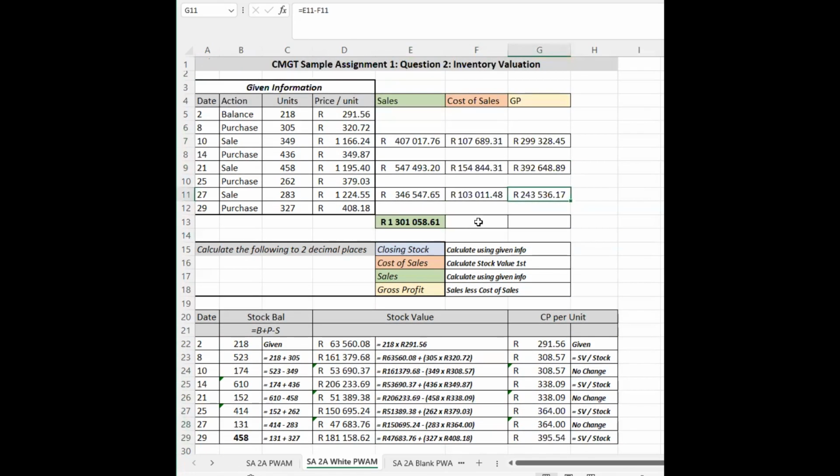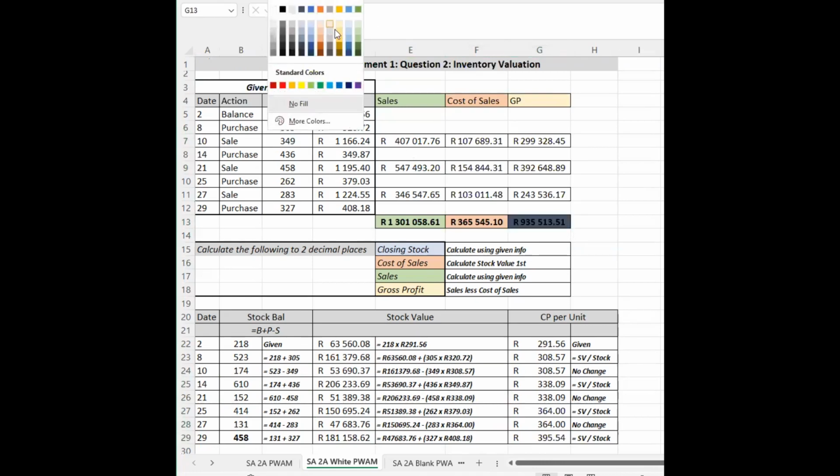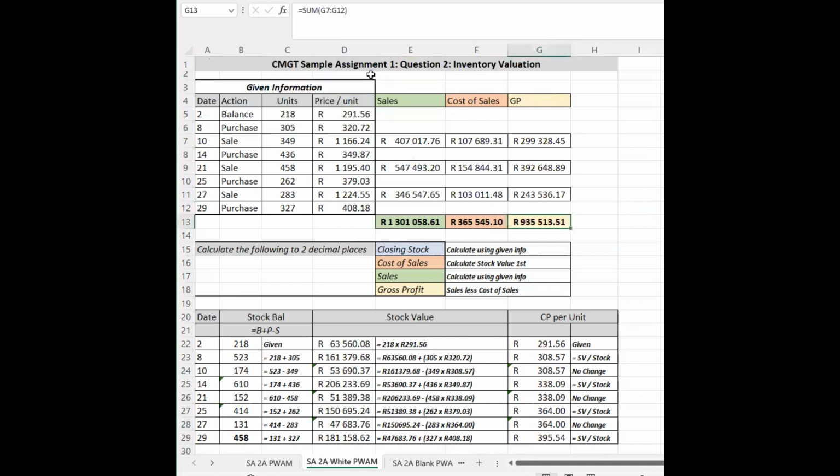And now to calculate the total cost of sales and the total gross profit as we are supposed to, we can simply add these columns together. That's our cost of sales. And that is our gross profit. Okay, and so you have now answered the question, and you have said, if we use the